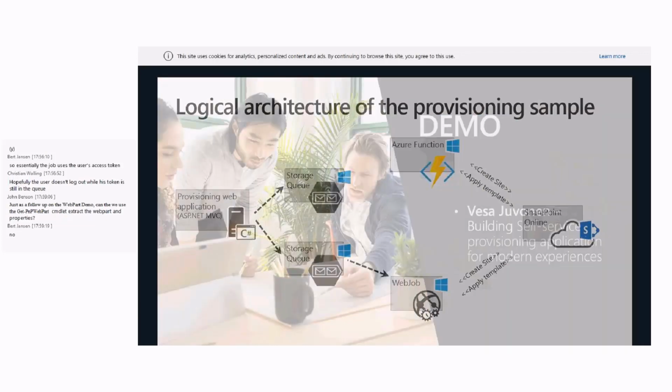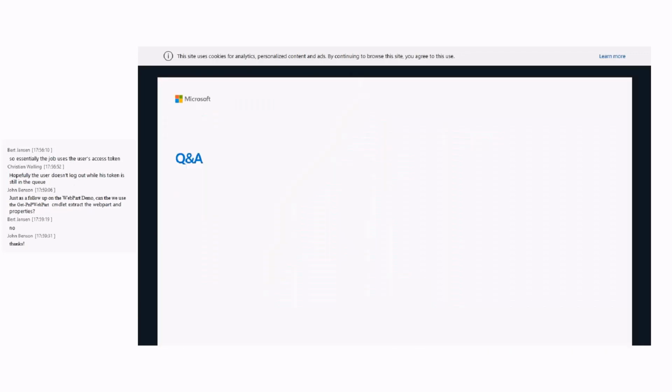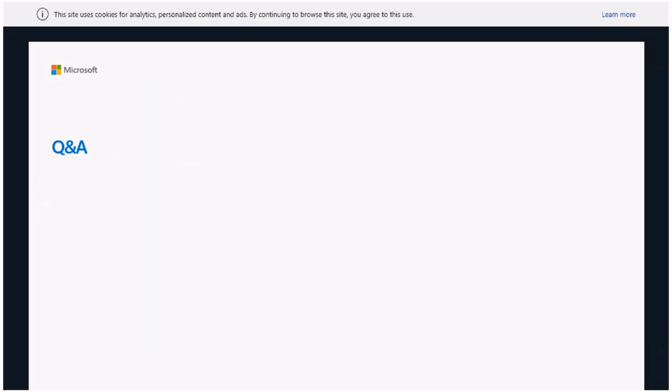So you would always, yeah. Sorry, Bert. Yeah, there is currently no commandlet that kind of grabs the web part from an existing page and outputs it for you. Yeah. Maybe that would be something nice to have, actually, like that is a web part which gives you the JSON structure, so you can then apply it automatically on other. Yeah, I think definitely a good thought, John. Fair point. On the other hand, it's so super easy to be on the context of SharePoint and then do clicking in the workbench as well and then extract. But again, why not? It's a good idea.